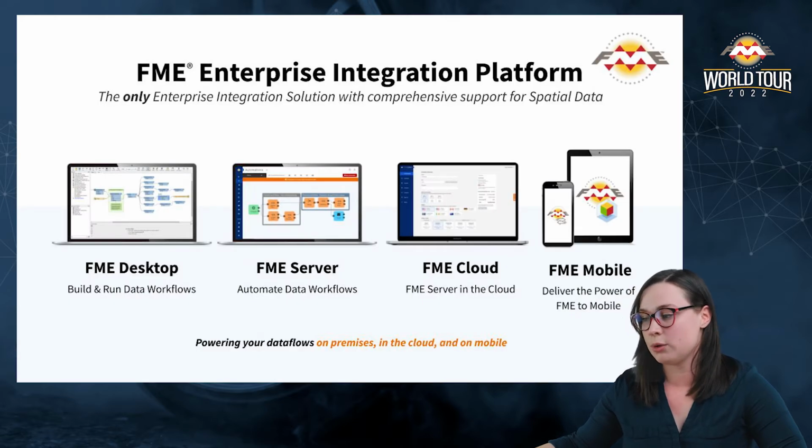So as you've probably already seen this morning in earlier presentations, we have multiple different products in the FME platform. So we have FME Desktop, which is where you author your workspaces and we'll publish them up to FME Server if you want to automate them. And you can also run in desktop as well. FME Server and FME Cloud are the two products that we're going to be focusing on in this presentation. But we do also have FME Mobile, which you can run workspaces from on the go.